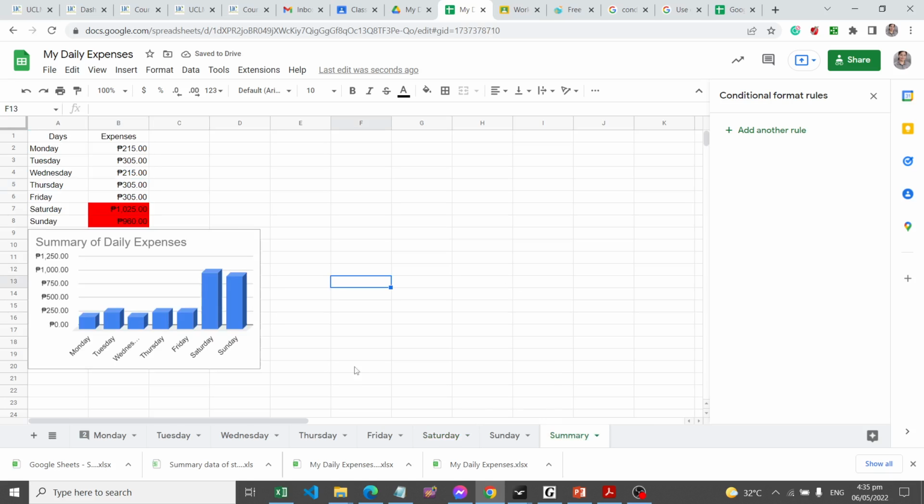Now, looking at the summary, the sum of the expenses for Saturday is 1,025 and it's being highlighted with red. The format has been applied since it satisfies the condition of greater than 500. Okay? Now,